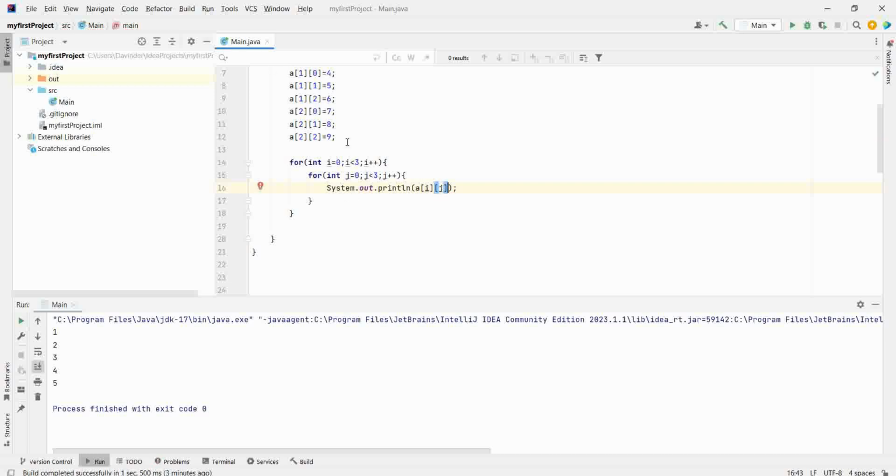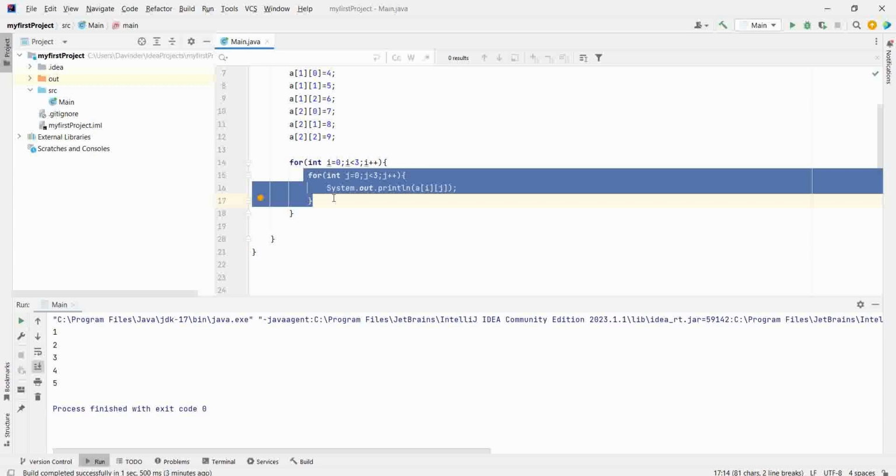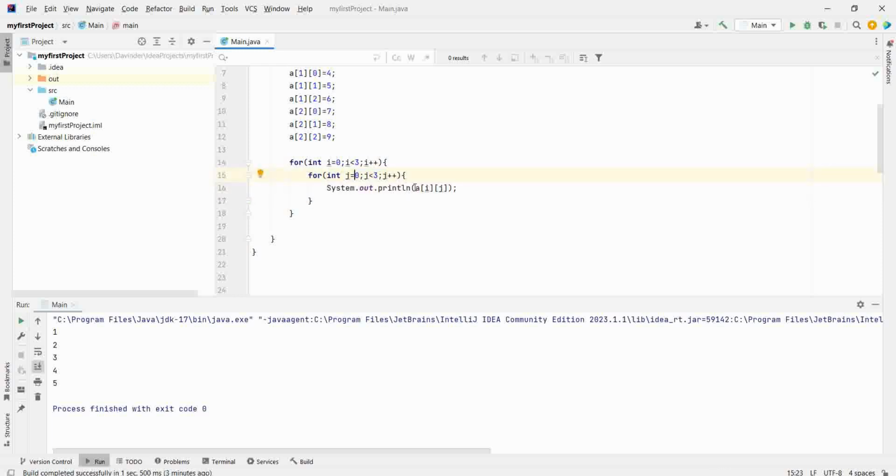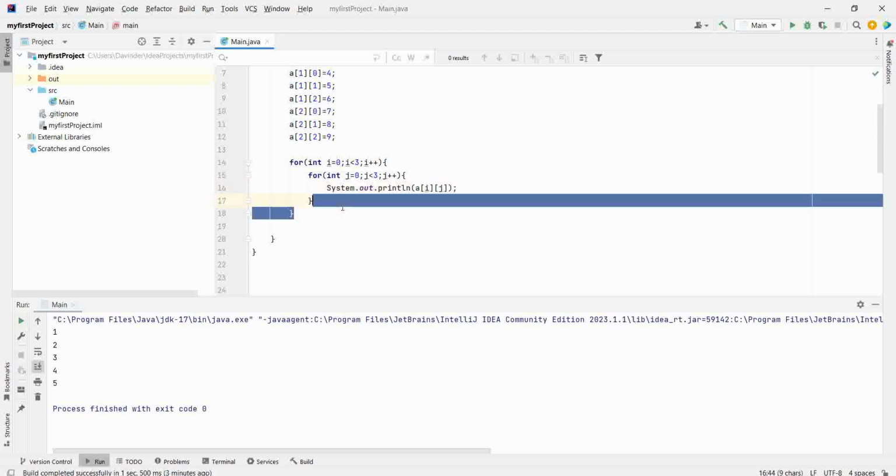What it will do is, first i will be 0, then j will be 0, then a of 0 0. Next, when i is 0, we are still in the j loop, j from 0 to 2. So when j is 0, it is this. When j is 1, it is a of 0 1. When j is 2, a of 0 2. Next, when i is 1, then again in the loop, j will be 0 1 2. Similarly, when i is 2, then j is 0 1 2. So a of 2 0, 2 1, 2 2.